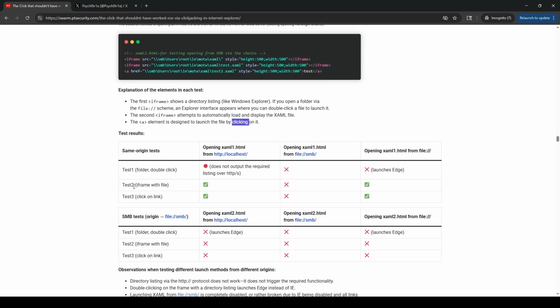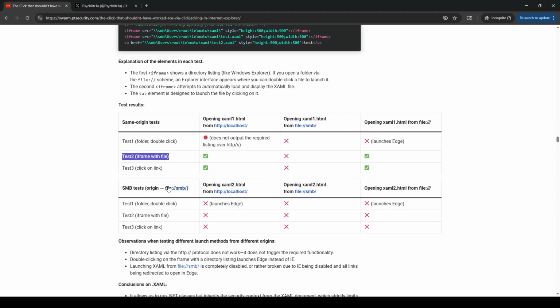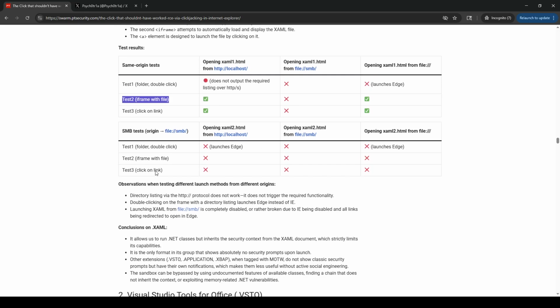So let's see. I'm most interested in the iframe with file. So from localhost, yes. From file SMB, no. From file, yes. Okay. SMB test, okay. So now that's no fun. Interesting. And then where's the click one? Is there an anchor tag one? Oh, here we go. So,